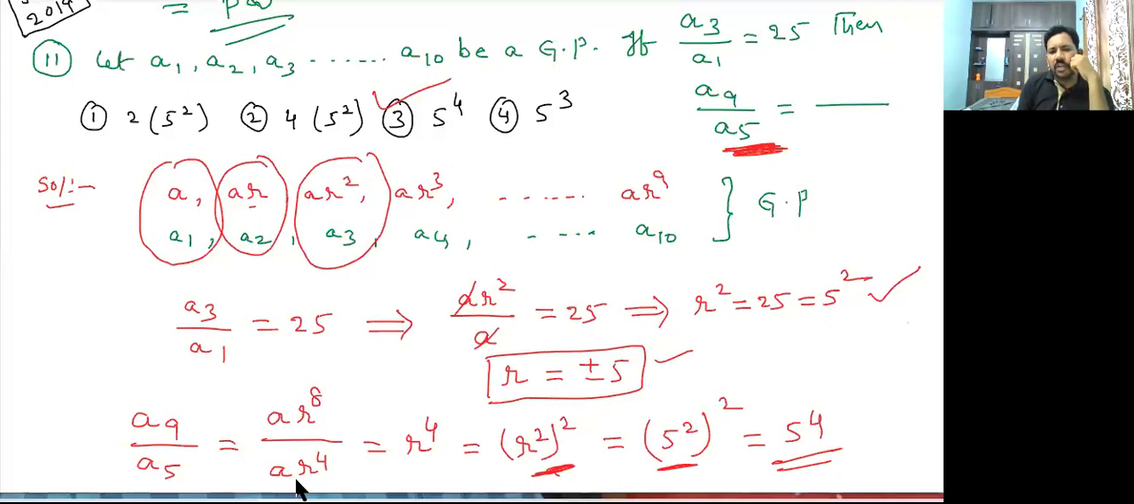By observing the options, I calculated. So I got 5 power 4. 5 power 4 means 625. But 625 is not there in the options. Okay, I didn't multiply. So whenever you are solving problems in objective, see the options and